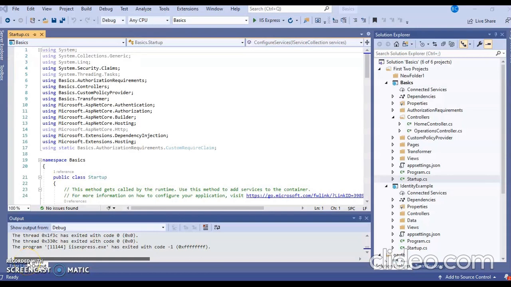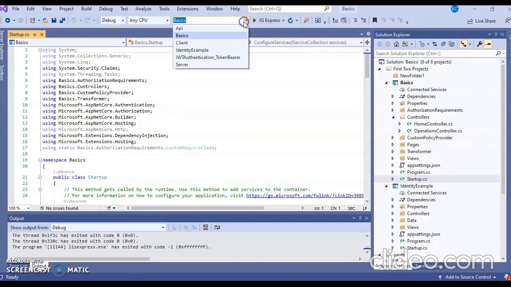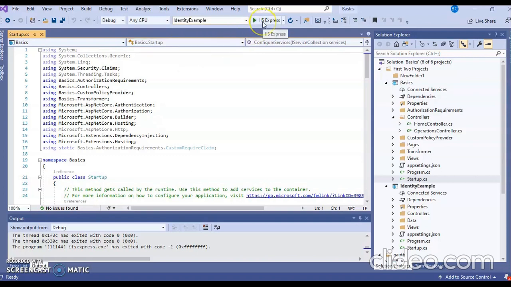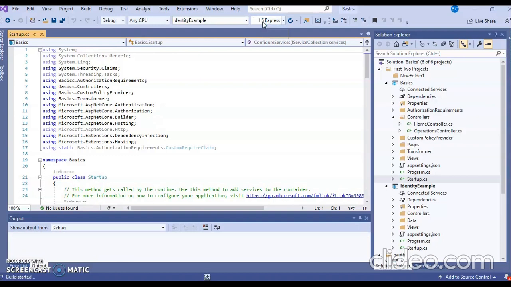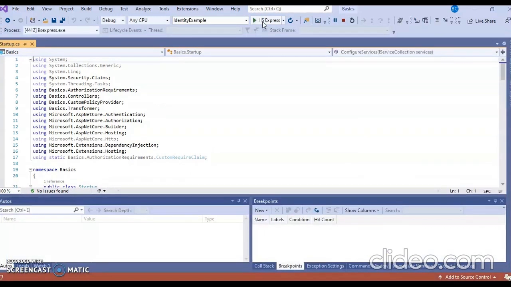So here is the identity example code. I'm going to run it, where we will see how the registrations take place. Now it is running, and we will see that again the localhost will be generated in the Google Chrome output, and we will see a register page where we can register, and those cookies will be stored in our Google Chrome. So this is the output of the identity code, but here we're going to see how home slash register is going to work.